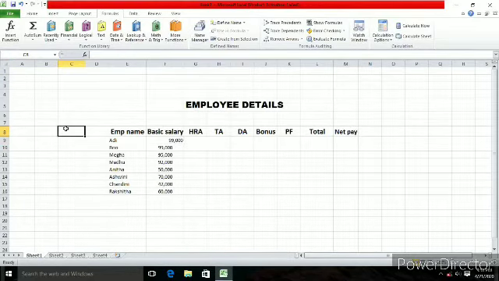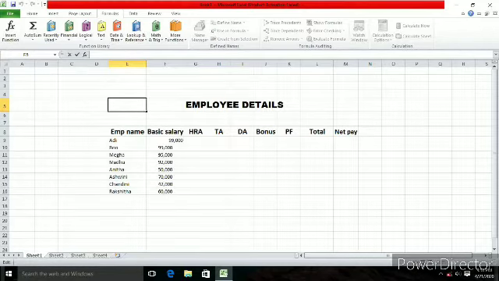So each of this box, rectangle box, is called as cell, which has got the cell name that is available in the name box. So here it is displaying C8, that is because from the column wise it is C and row wise it is 8. So whenever you want to access the data of each of the cell, you have to use the cell name. Next to that you can see the formula bar. Whenever you are performing any kind of calculations, you can use this.